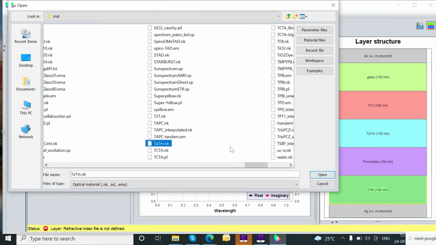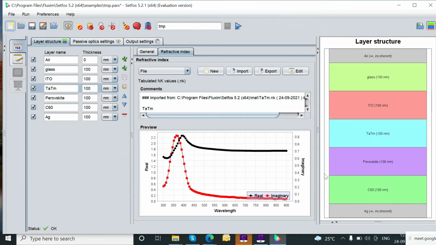Now the next one is called the hole transport layer, that I have called TATM. This is my hole transport molecule, and I will simply click on import, and I can find the material from my database.